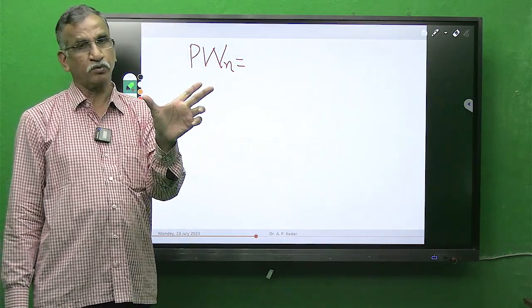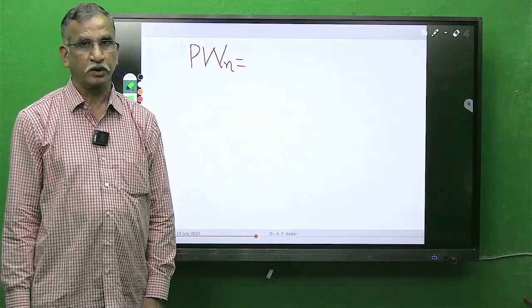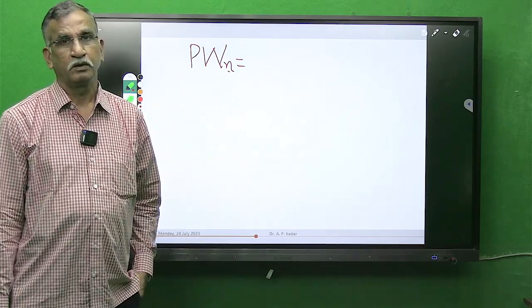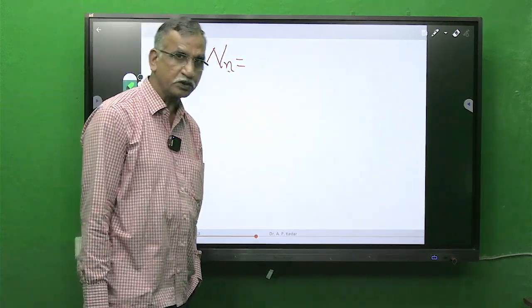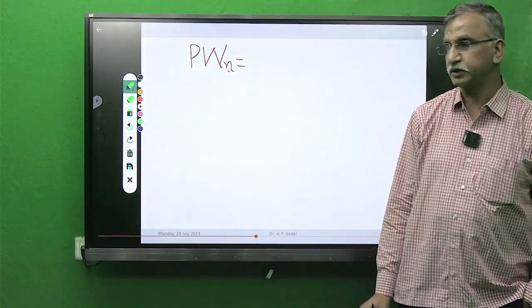In the very first problem, we have not calculated for each year. We have calculated over a period of 5 years, where the data was given for 5 years. Here we have to calculate for each year, and then the year in which present worth is minimum, that we have to analyze as the replacement age.